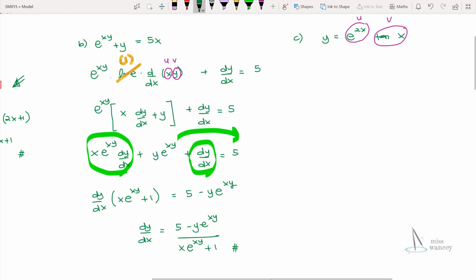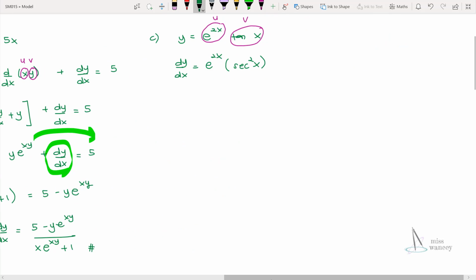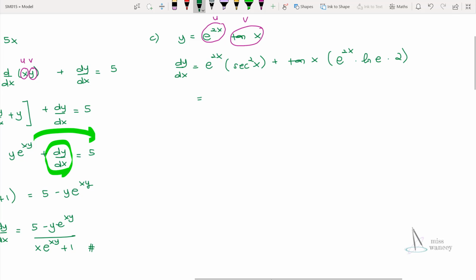Okay, so let us differentiate very, very carefully. So this is dy over dx. So u first, e^(2x), differentiating tangent, so it will become sec² x, and then plus, so the v is tan x. Differentiating the exponent, so we're going to copy down the exponent, ln of the base, so ln e. Differentiating the power, we are going to get 2. So this is e^(2x) sec² x plus